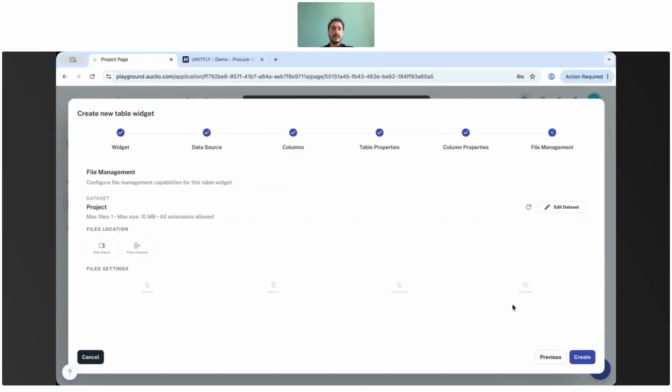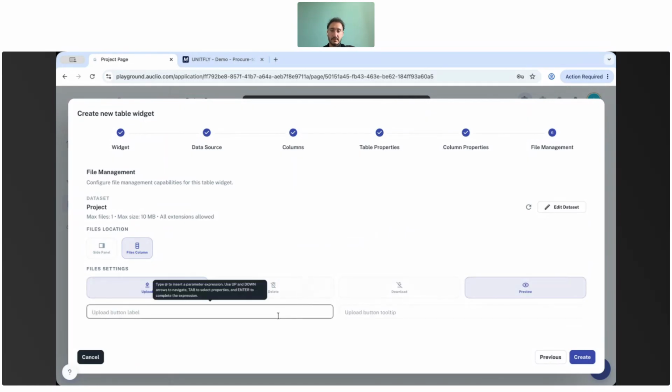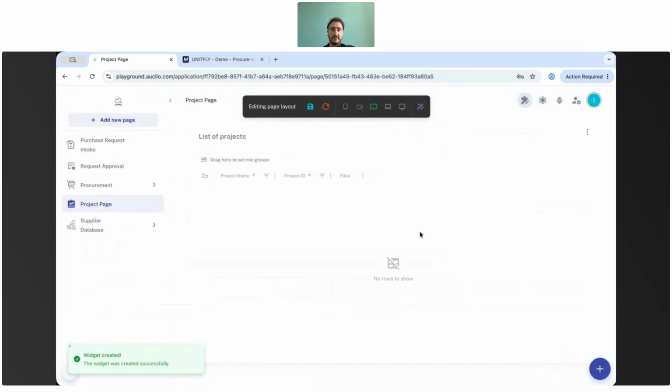So if your data set allows files and projects allow files, you can select if you want to have a side panel, if you want to have upload, delete, download, preview, or you would like to have a file column here. Let's say I want to have a file column and leave it like preview or whatever, upload. And then here I can define some labels. I'm just trying to simplify that as much as possible. So now in the UI, I have one table. Okay, and now maybe I want to add a button, which would